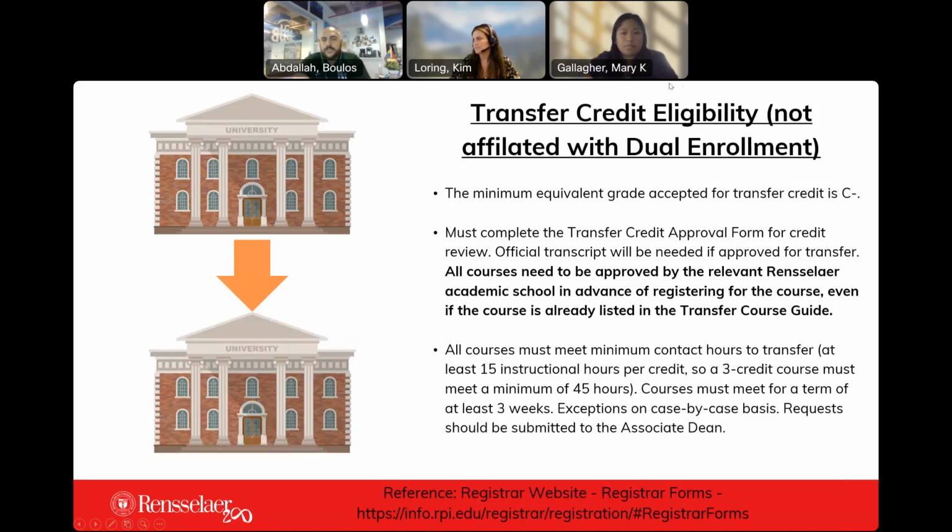Transfer credit eligibility. So these are not affiliated with the dual enrollments. The minimum equivalent grade is also a C minus or greater that will be accepted. You must complete the transfer credit approval form for credit review. Your official transcript is going to be needed for the approved transfer. And more importantly, all courses need to be approved by the relevant Rensselaer academic school in advance of registering